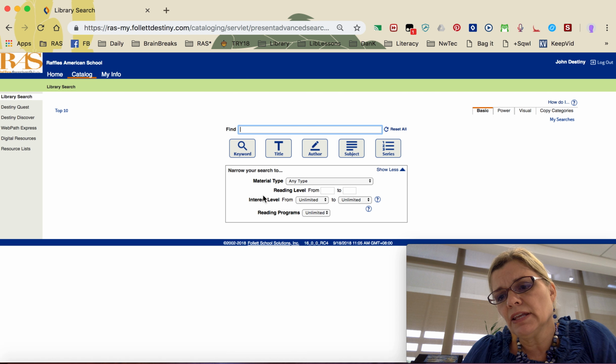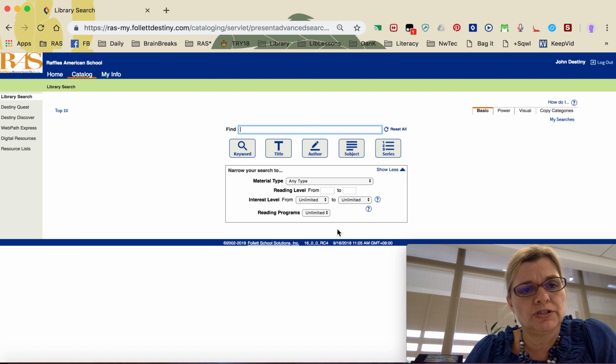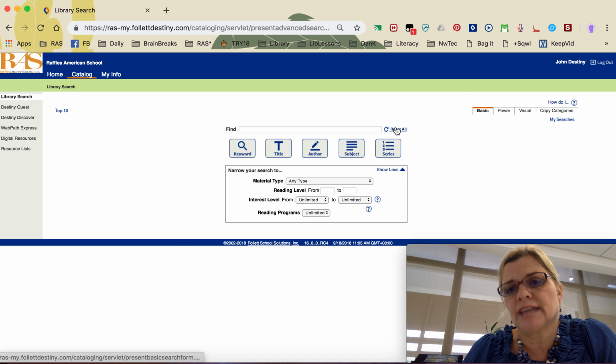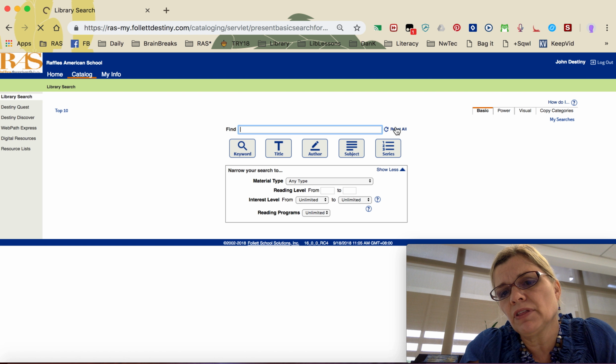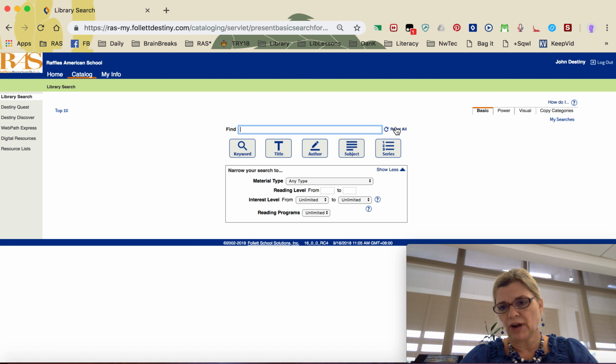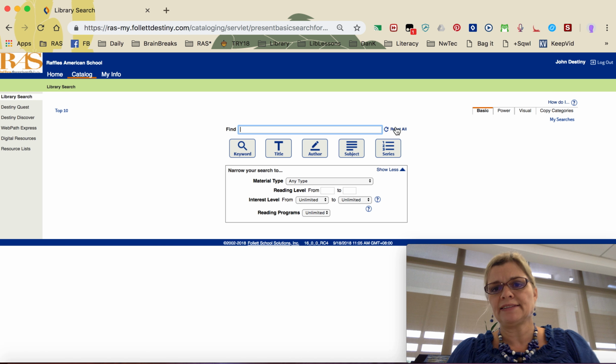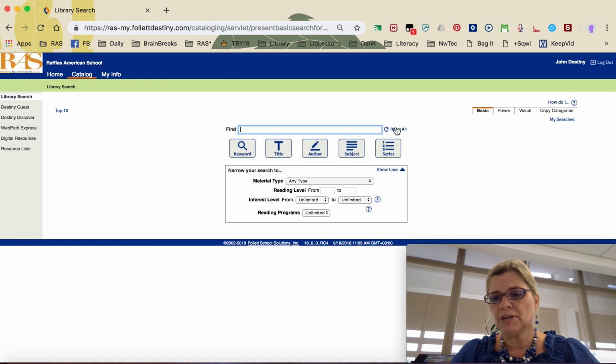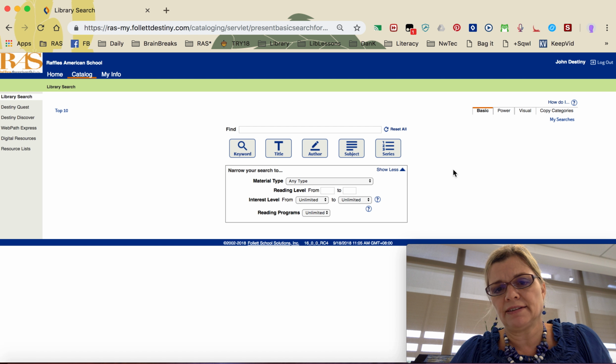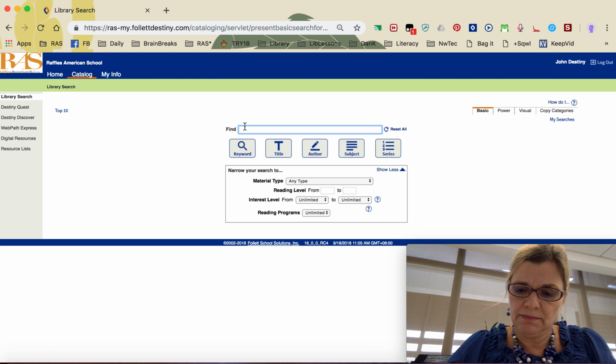And the first thing that you should do when you're going to add books to a list is click reset, because it clears everything that you've done before. So you're starting fresh because it remembers what you did the last time, and it might limit your choices if you forget to do that. I am interested in, let's say, pets,